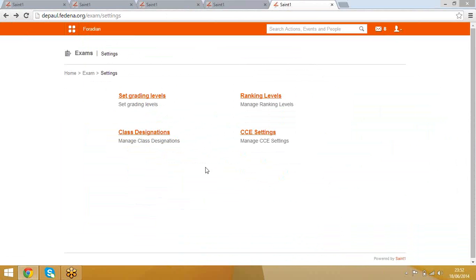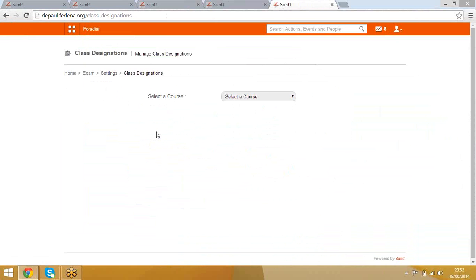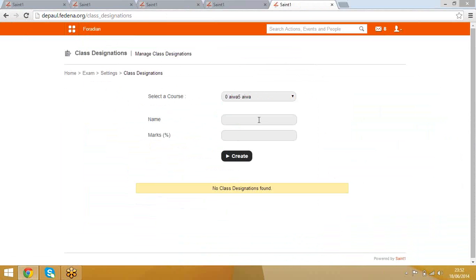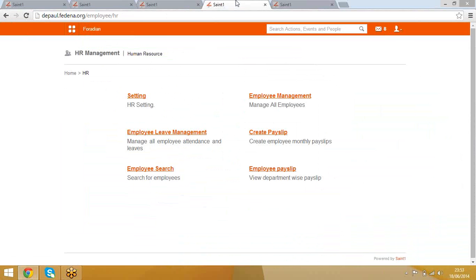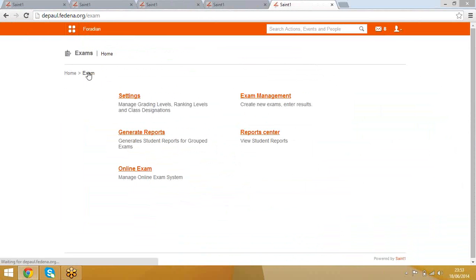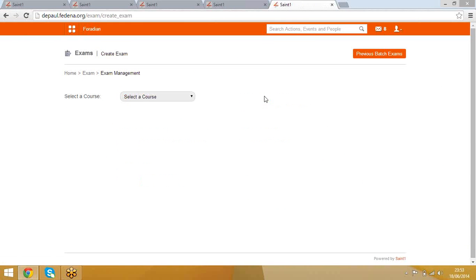And then we have this class designations where you'll be able to enter the marks, the course and the name, and you can even divide what kind of marks or what kind of grade that you'd like to give. So that's all about how this ranking level works and how this grading system, how these examination settings work. So now let's move on to the exam management and see how an examination can actually be created for a